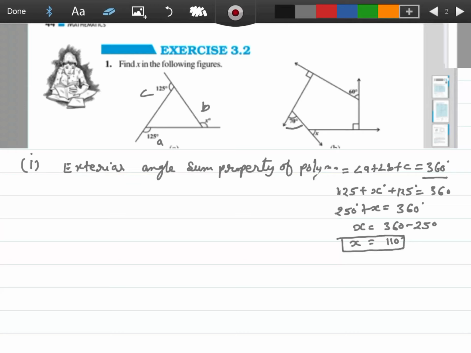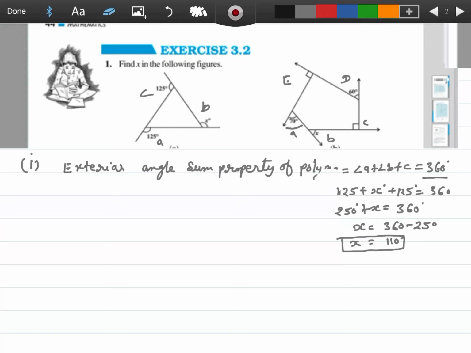आप इनको नाम सबसे पहले दीजिए, A, B, C, D and E. How many angles are there? 1, 2, 3, 4, 5 angles are there. So two angles have been given to you. The unknown angle you will find with the help of the angle sum property.